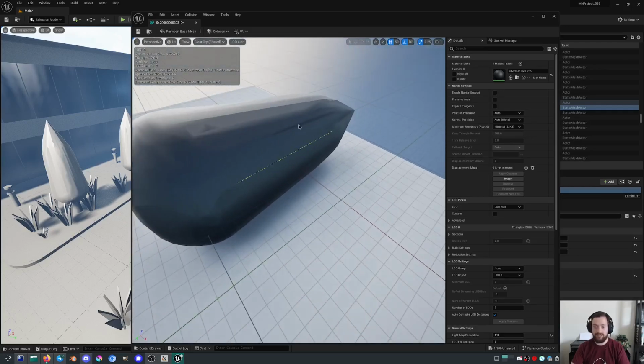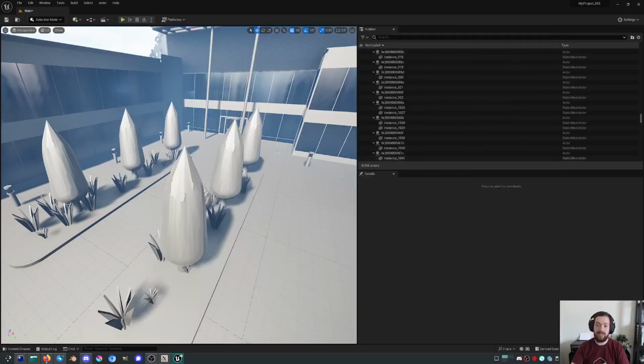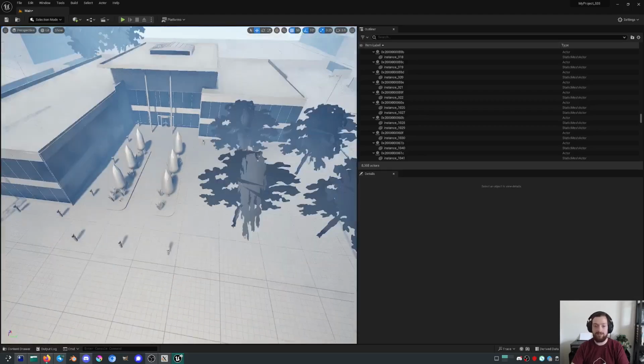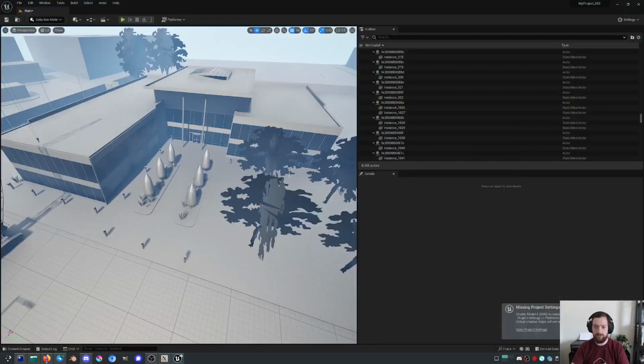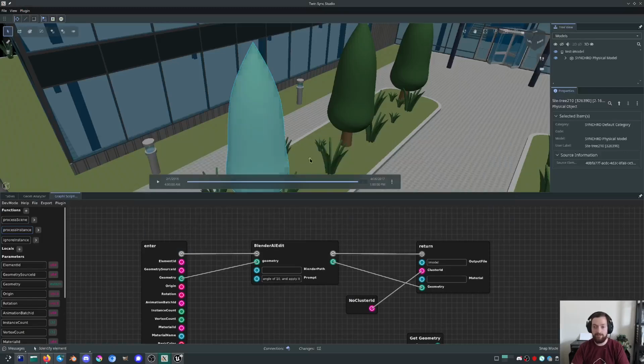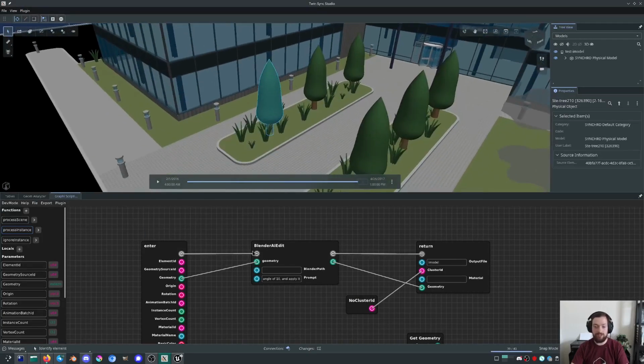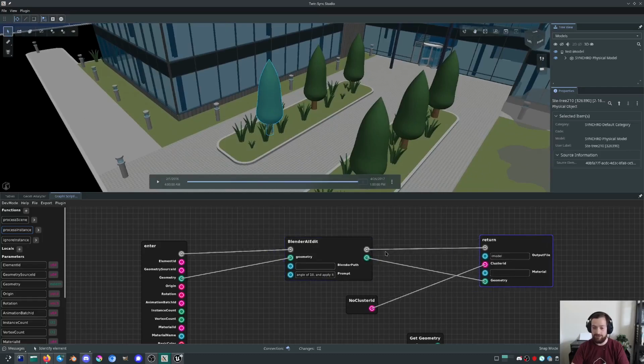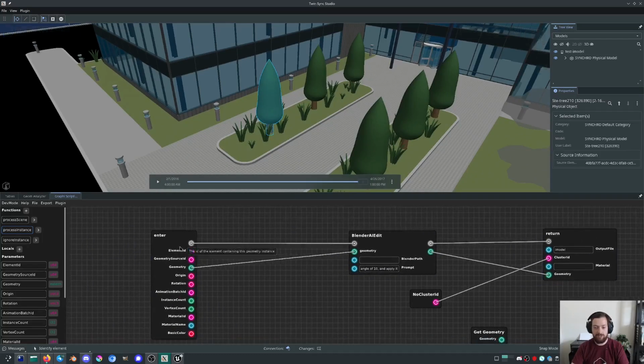So yeah, it's decimated it for us, and you can also use the if statement in TwinSync Studio to choose which meshes to decimate. Then you'll have a way faster export if you're not running it on everything, or not invoking Blender on everything. And I will just briefly, I'm not going to actually run it, but if you add an if